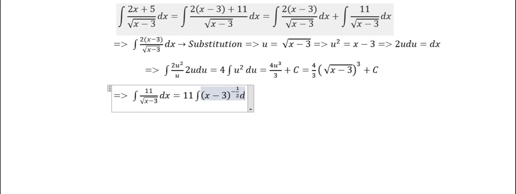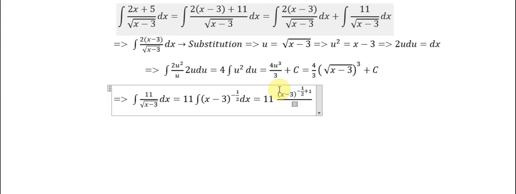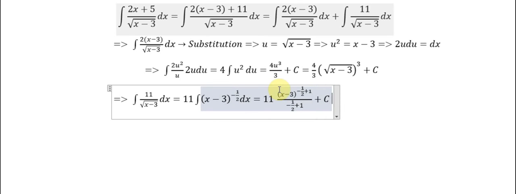So now we do the power of integral, so we got about 11 multiplied with s minus 3 power minus 1 over 2 plus 1, and in here about the denominator we have minus 1 over 2 plus 1 plus c, and in here we have the answer